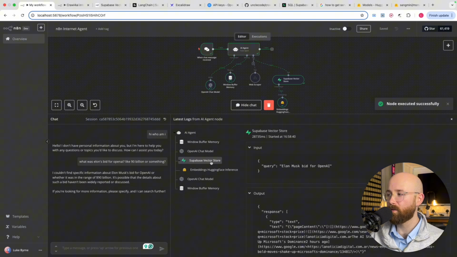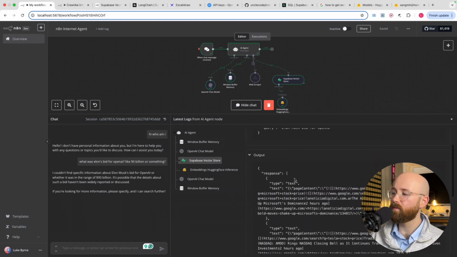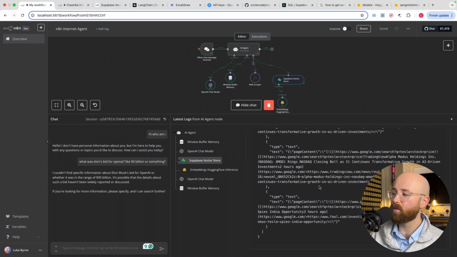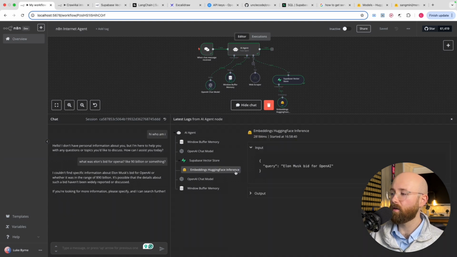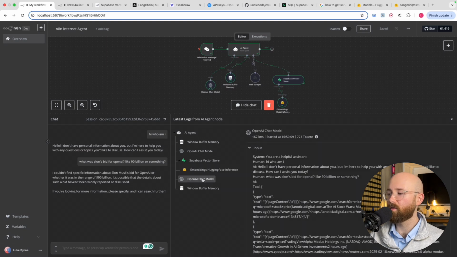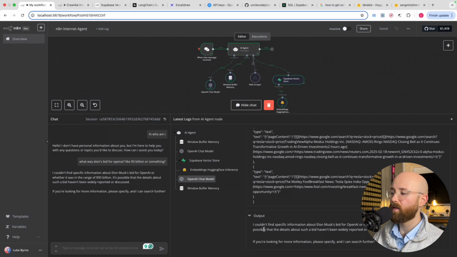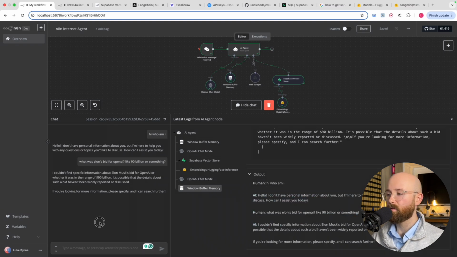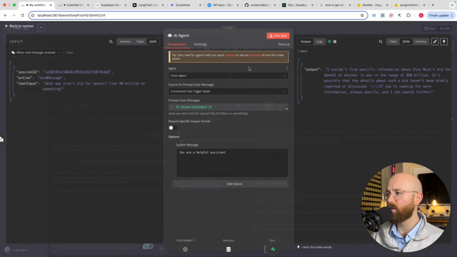Whoops, let's see. Vector store. It goes through the vector store, searches for some stuff. Then it goes for Hugging Face inference. OpenAI chat model. Couldn't find anything. Right, so a possible reason it can't see anything is because the AI agent needs a little bit